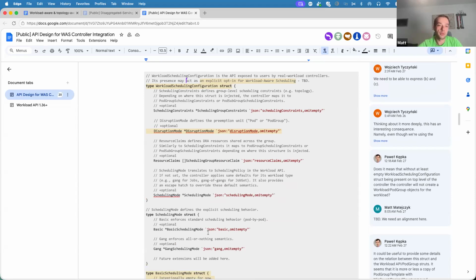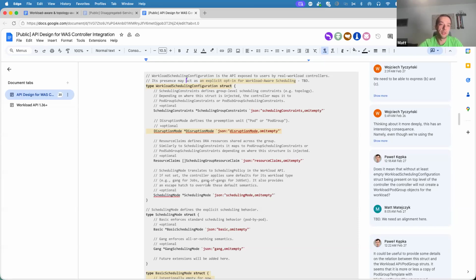We need new types, even though, let's say, we have scheduling constraints already defined in the workload. Eventually this API will evolve and we'll have new levels. We'll have the pod group scheduling constraints that we have right now, but we may also have pod subgroup scheduling constraints, maybe pod set scheduling constraints. So here we have this single type, and there will be a library that will be